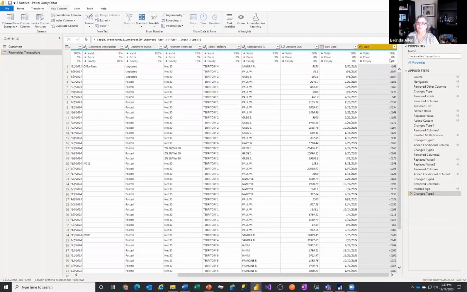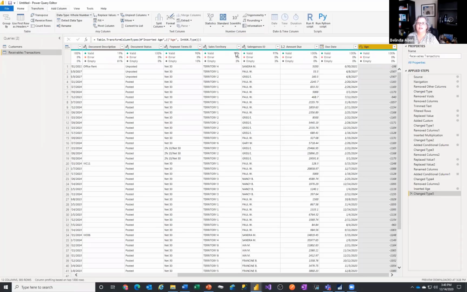And now I can see how many days. Now, also while I'm looking at this, this is kind of in reverse, right? It's a negative 198 days since the due date. I need to make it how many days until the due date. So I need to reverse the sign here. So what I'm going to do